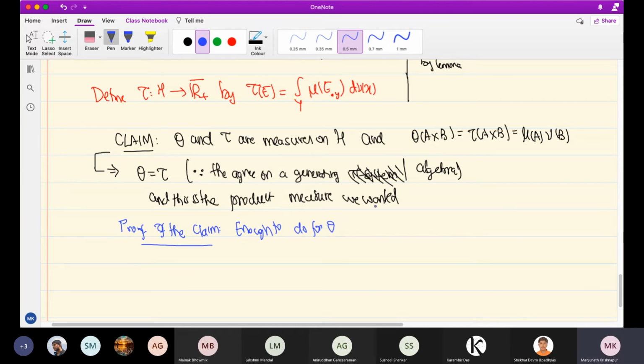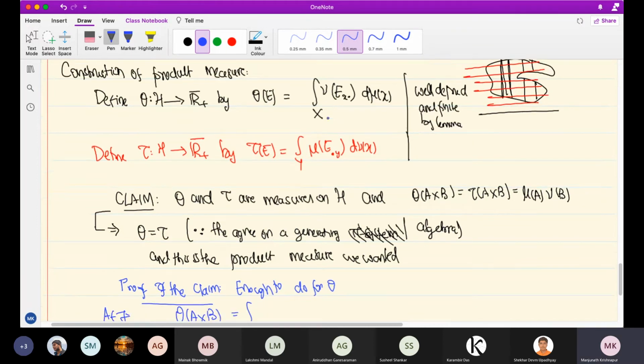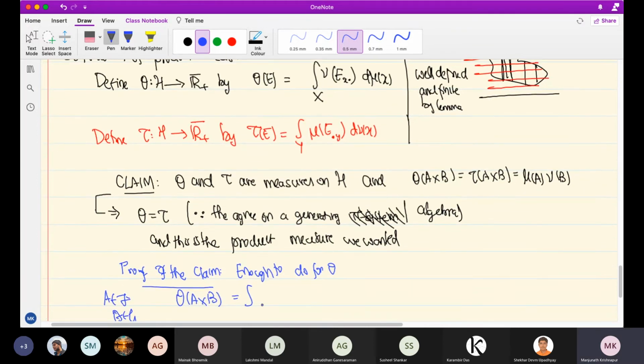So first of all, let's do the second part. What is theta of A cross B? If A is in F and B is in G, by definition theta of A cross B is nu of E_x dot. What is the X section of this set? It will be nu of B